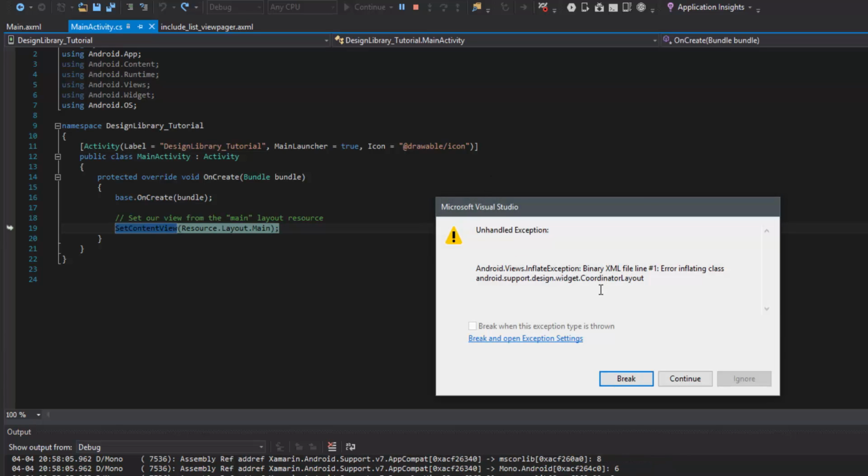Okay, so it looks like we're having a little bit of an inflation error, and sometimes this can be a good thing. You probably have gotten this; I know I have many times. So let's go ahead and figure this out together. It's an error inflating class CoordinatorLayout, and my first thought would be